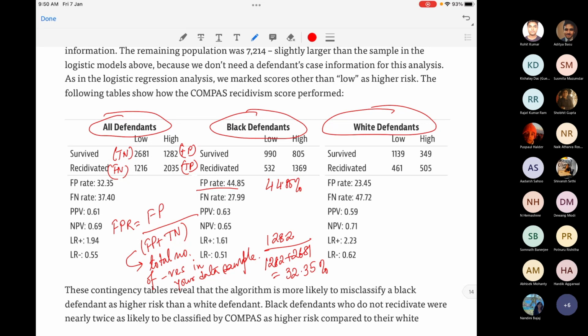This is obtained as 805 divided by 805 plus 990. So this is the false positive rate for the black defendants. Similarly, for the white defendants, the false positive rate is